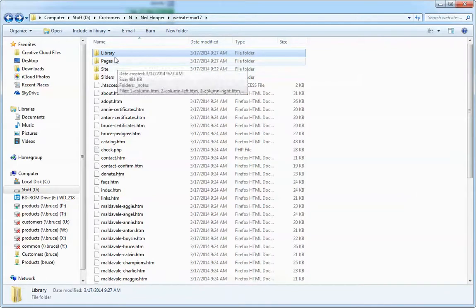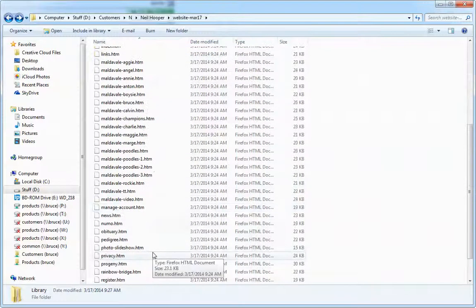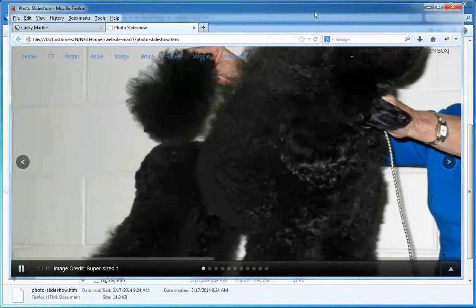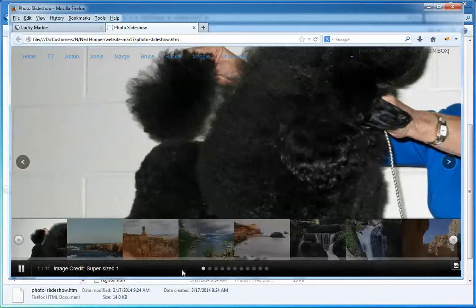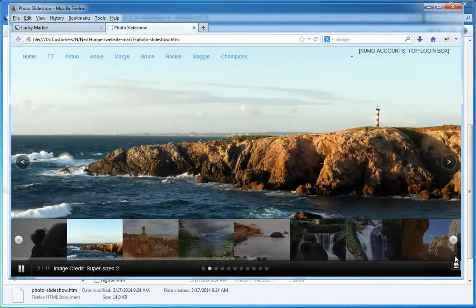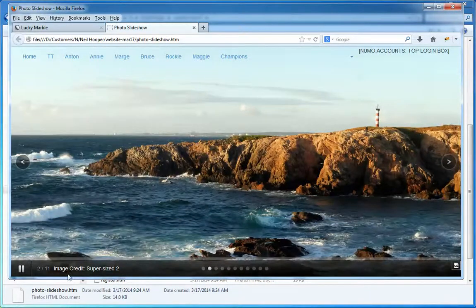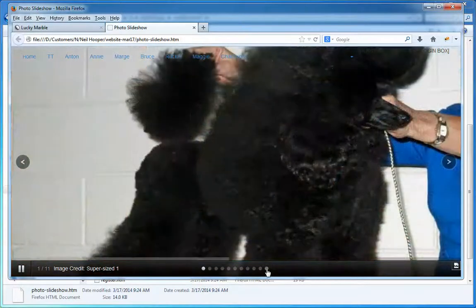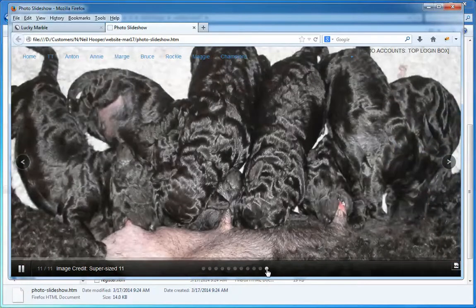For example, you had a question about your photo gallery pages. So I just go to the photo gallery, I double click on it to open it up. Okay, so here's the photo gallery, right? If I go here, here's all the pictures there. Okay, close that down. Go to number one, there it is. Go to number 11, right there it is. Okay,